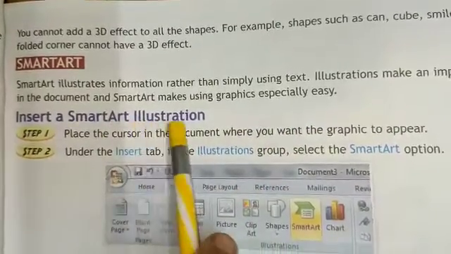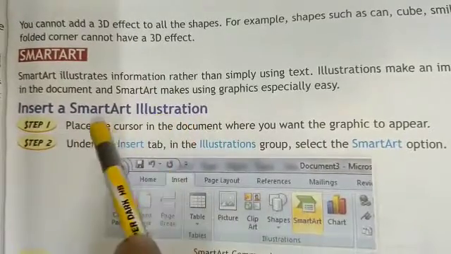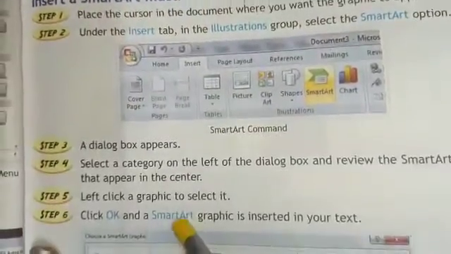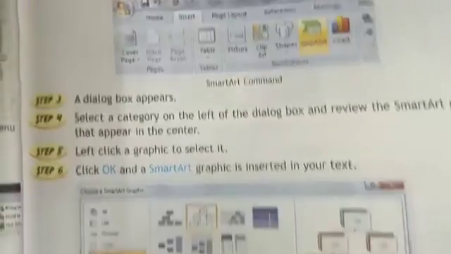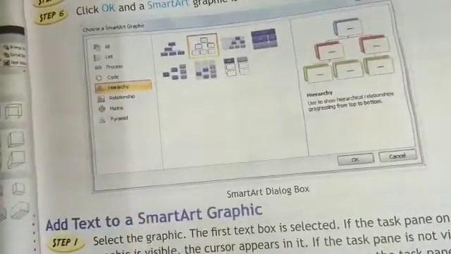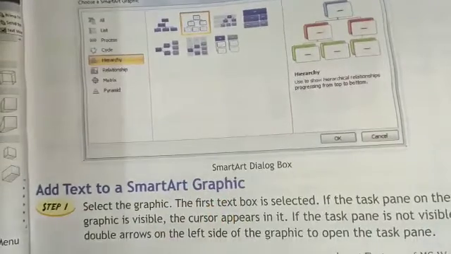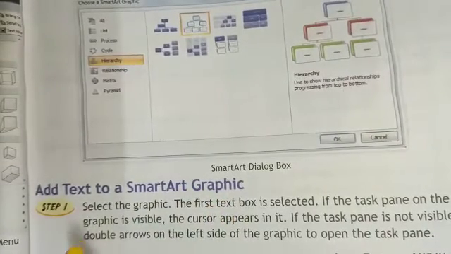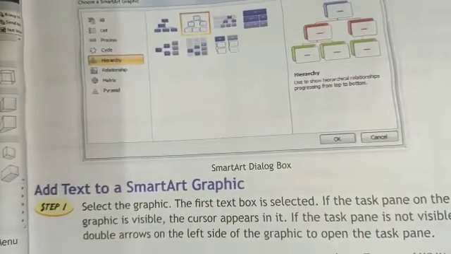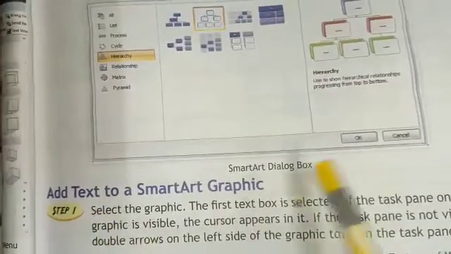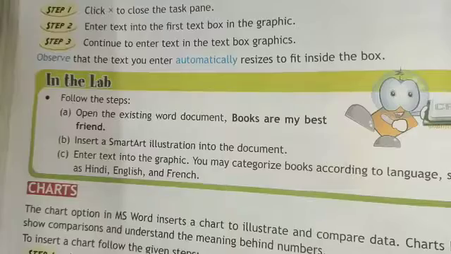Insert a SmartArt illustration. To insert a SmartArt, we have to follow these steps given here. Next, add text to a SmartArt graphic. We can also add text to a SmartArt graphic. We have to follow the steps given here.